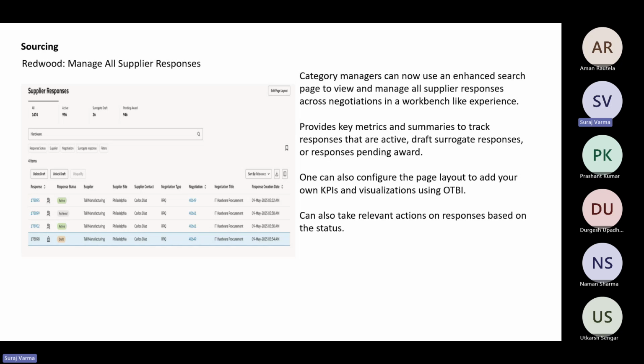Yesterday we covered the earlier topics related to purchasing as well as the supplier model. Today we'll go through the sourcing part. As part of 25C on sourcing, the first one I wanted to highlight is manage all supplier responses. This is mainly a workbench where you can access and view all the supplier responses. As a category manager, you can view and manage all the supplier